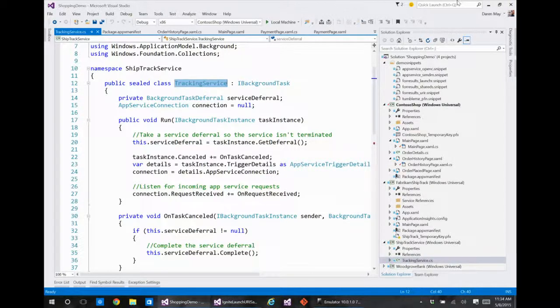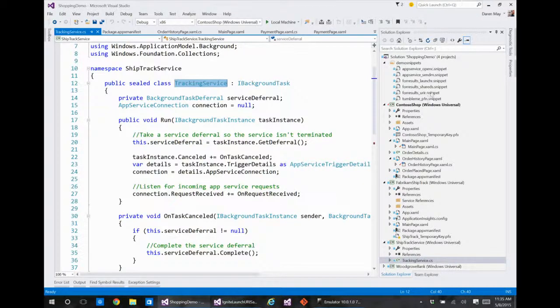Now, as developers, we often run into the scenario of, I don't know who did it. It wasn't my code, but somebody put something in here that's a bug. Yeah. I never have any bugs in my code. Do you have bugs in your code? Nope. But I often have to debug someone else's code. So how do I debug this app service that's launching behind the scenes? It's in another app, and I'm launching Contoso Shop. How am I going to do this? Well, the team itself ran into the same problem, and so they spent a lot of time working in Visual Studio to actually enable this scenario.